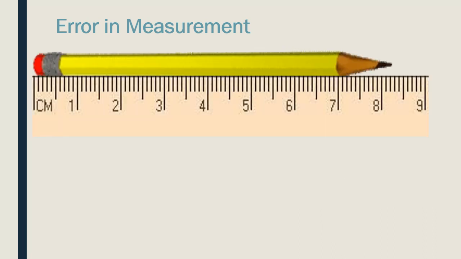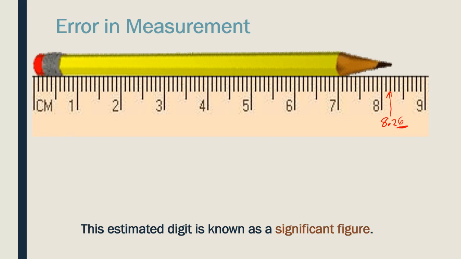So here's some more examples. It's a little hard. So for this one, right, we know the 8 and we absolutely know the 0.2. So for sure, we know 8.2. So now we can estimate something beyond that. We can estimate one more place. So it's 8.2, and then maybe we want to say that's pretty far. I don't know. The point is here, if you put a 5 instead of a 6, if you put a 7 or an 8 instead of a 6, they're all considered correct. You're trying your best. That's why it's an estimate, okay? So the estimated digit is known as a significant figure. All right,